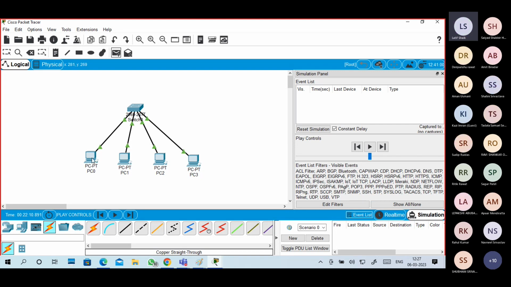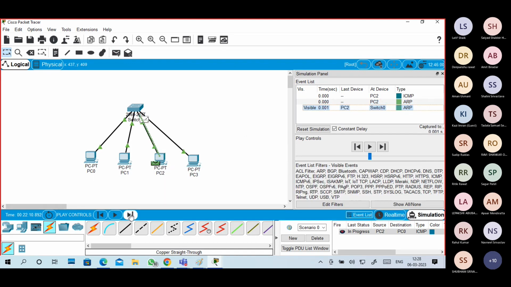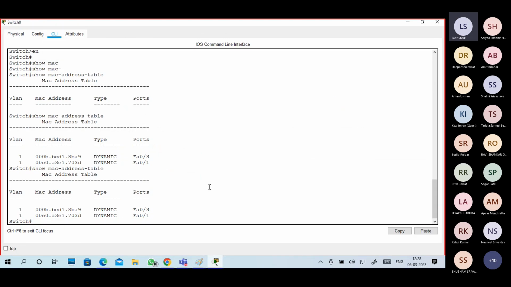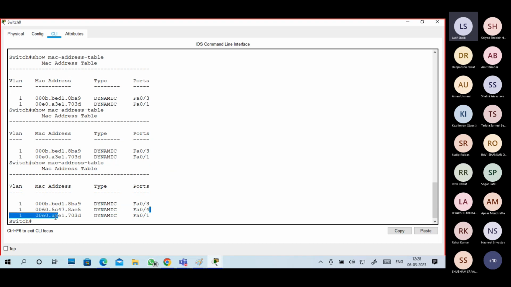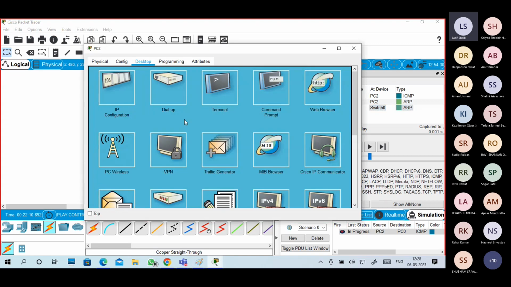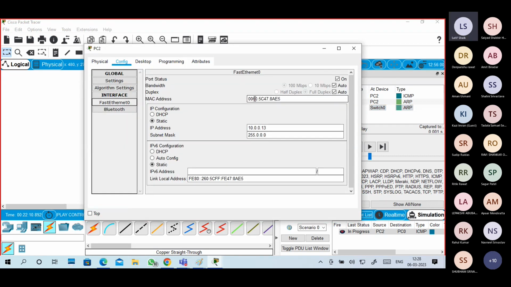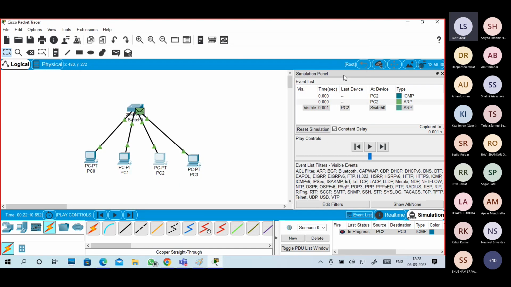Very good. For example, I am sending a packet from here to here. Now the packet is received, then we'll see the MAC address. See, a third MAC address of the device is added here, 00605647.